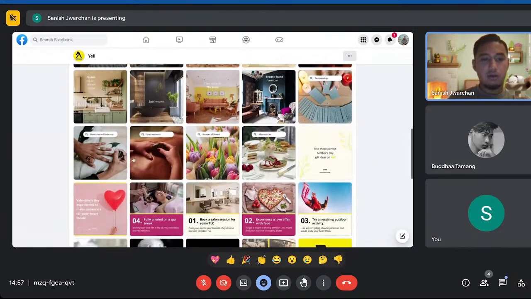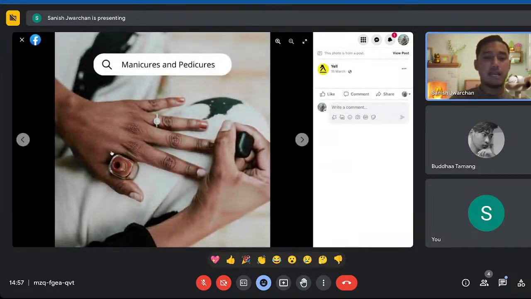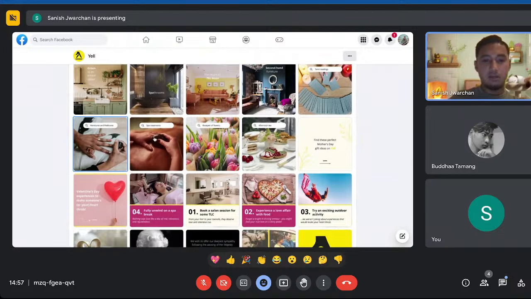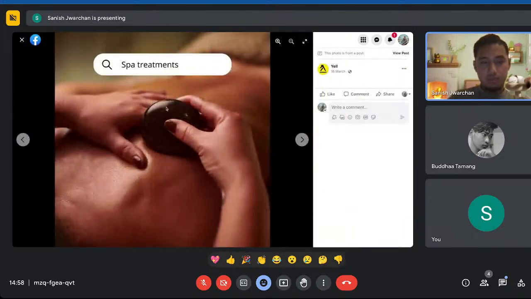So it's a good one. The same goes for the Nepalese business directory. Find a local manicure and pedicure salon in your local area, boom. We're using the same concept, making it our own. Look at your competitors, what they're doing, then make it your own. Same here about spa treatments: if you're aching or have a sore body, why not visit a local Nepalese spa treatment near you today,